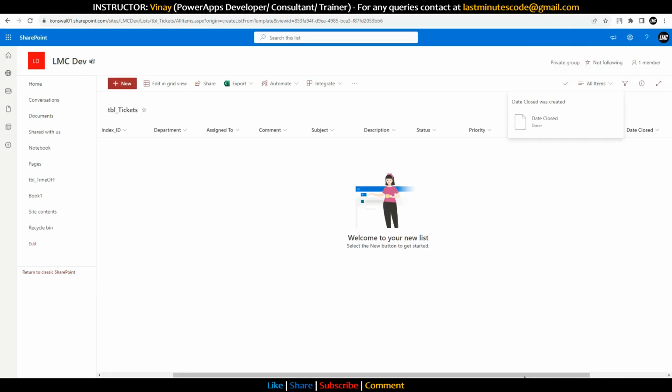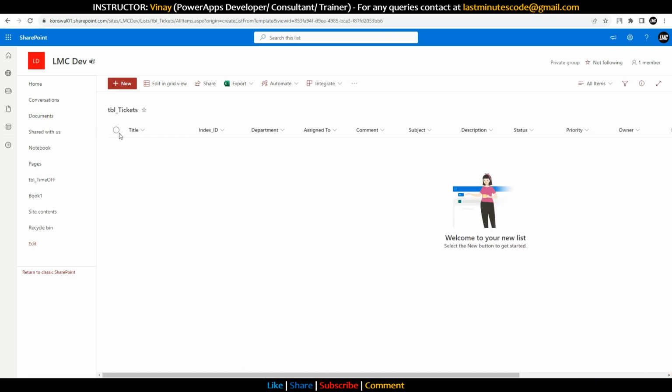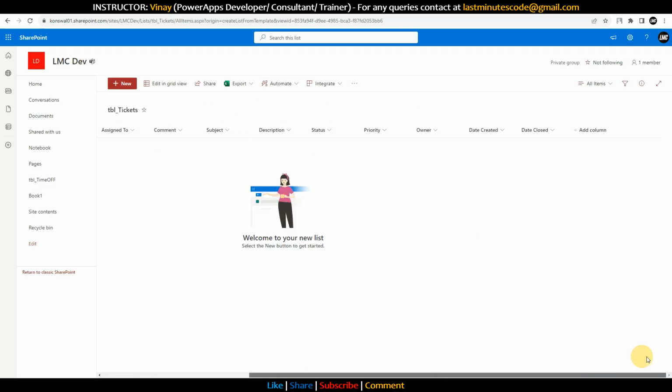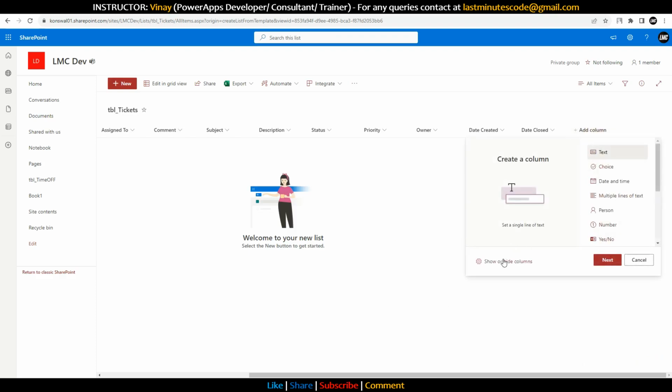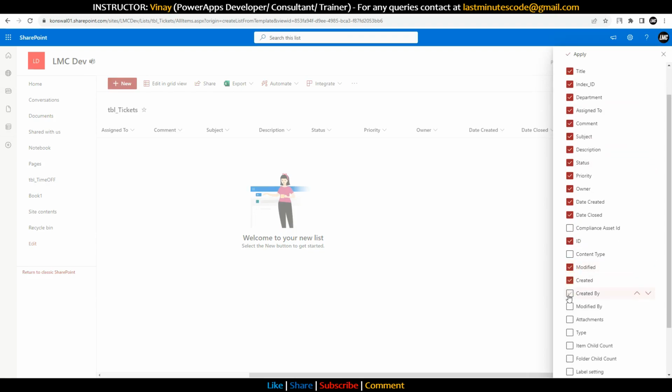So this is done. Okay, we have created this schema. One column is title, just ignore this column. Then we have index, ID, department, assigned to, comment, subject, description. So I was saying, we have an index column with us. If you click on the show or hide column, if you hit on this ID, see the ID is there, who created, who modified. I didn't have to create this owner, because whosoever created, that will be the owner. But anyways,